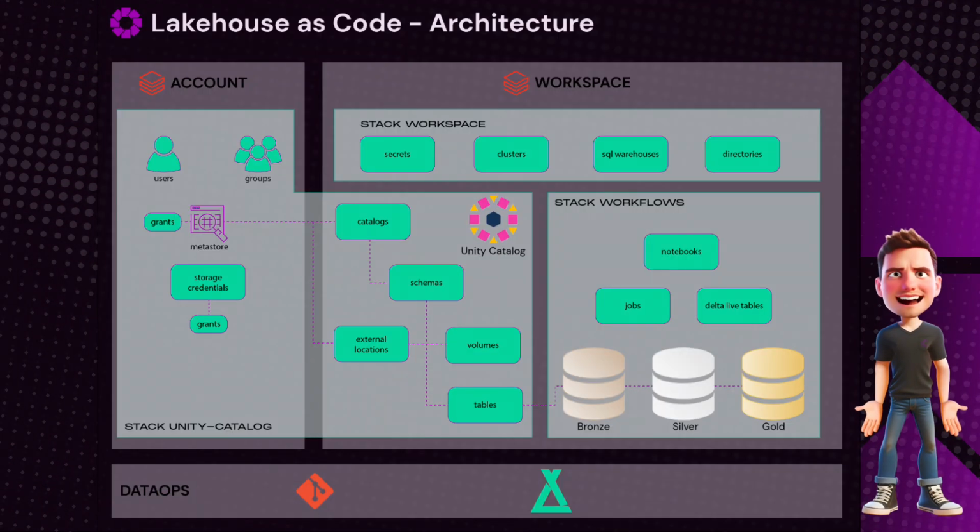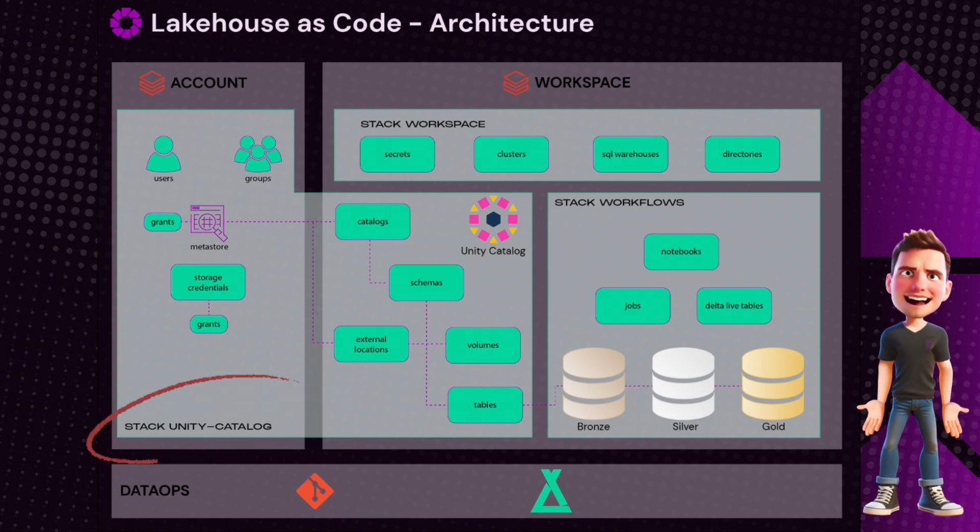Before jumping right in, let's have a look at the big picture. In this architecture diagram, we have all the main components typically found in a Databricks Lakehouse, from users management to pipeline jobs. This first episode focuses on the left section and involves deploying resources to both the account and the